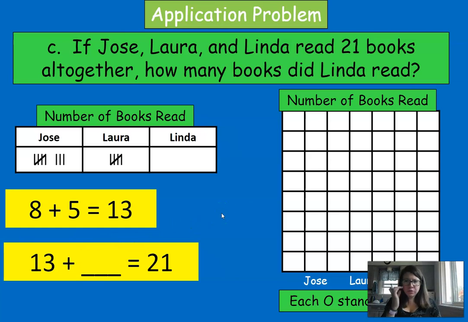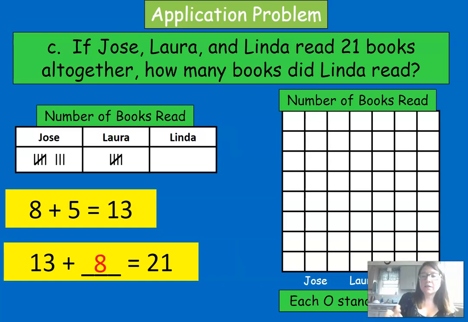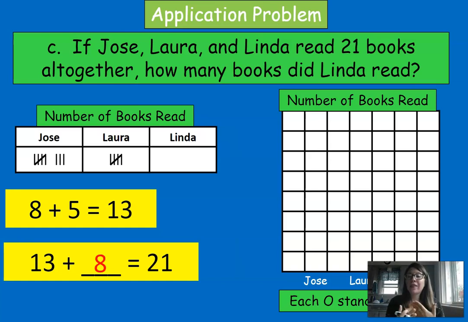So how did you solve for the 8? Go ahead and share with me right now or share with somebody at home. How did you solve for that missing number? Good. So in my mind, I thought 21 minus 13. That's how I figured it out. And I solved, and I got 8. So we know that Linda